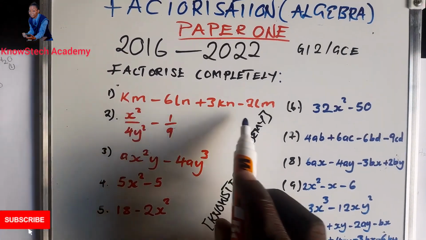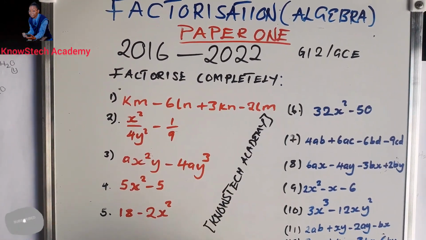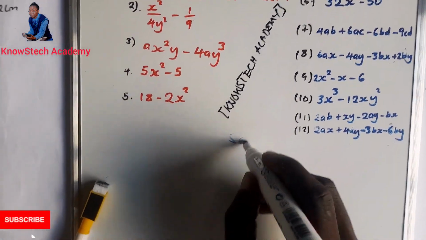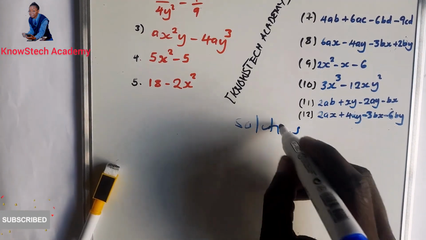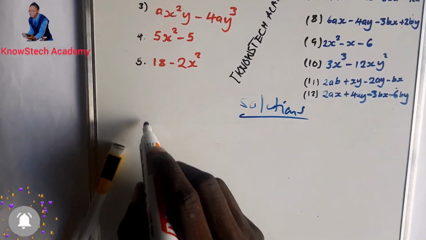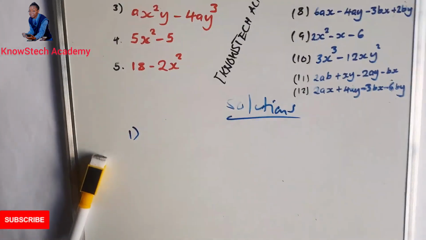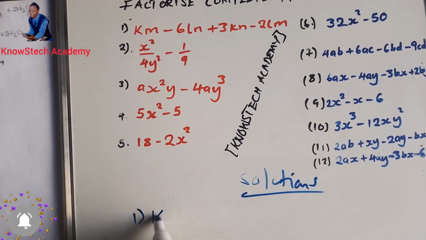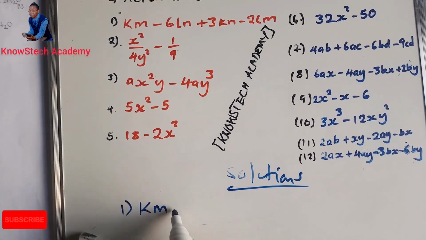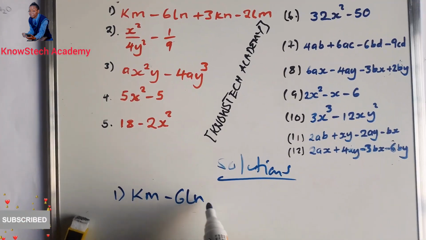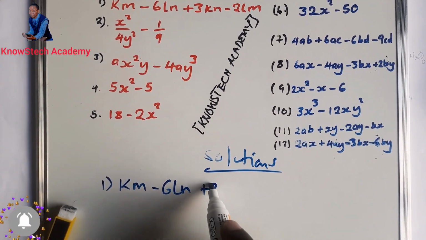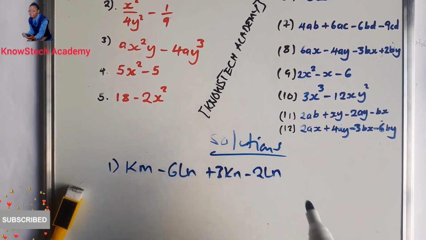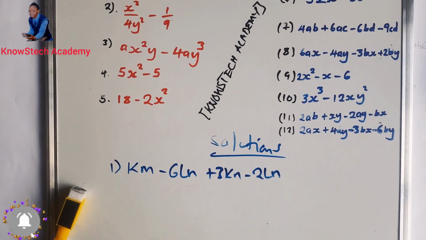So the first question, we're going to write the first question. So solutions here. The first question is Km minus 6Ln plus 3Kn minus 2Ln. So now the way we can factorize this,